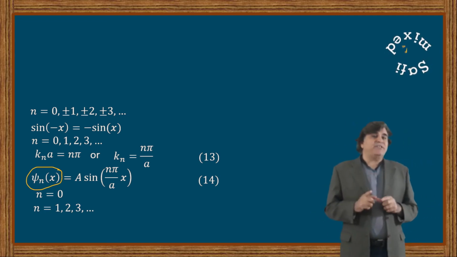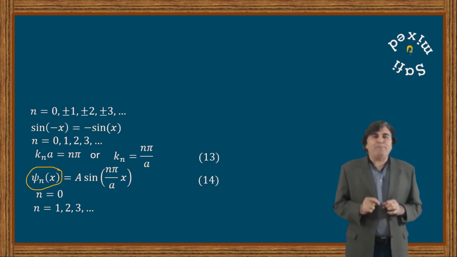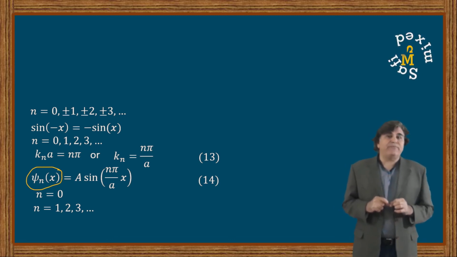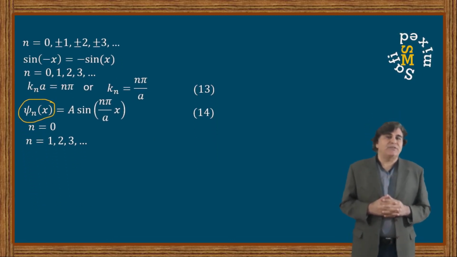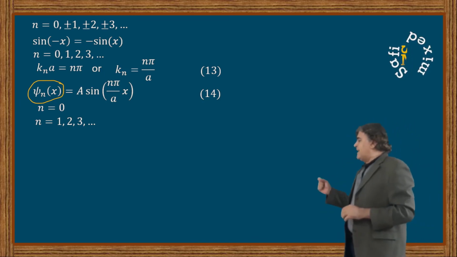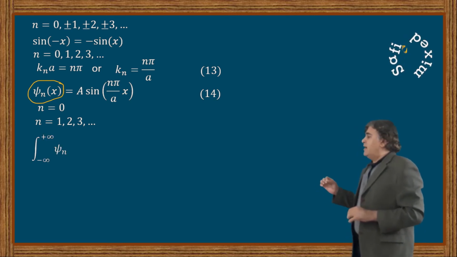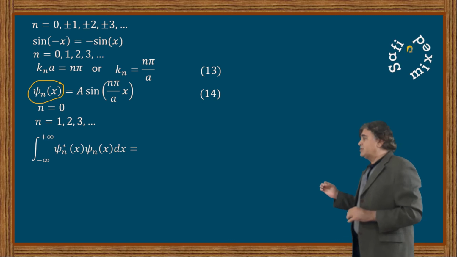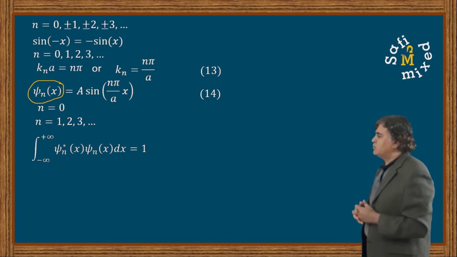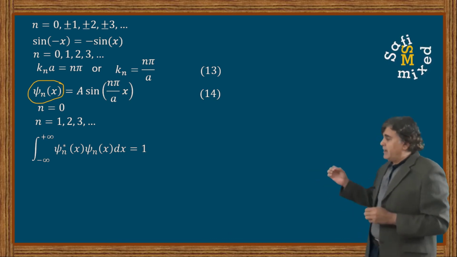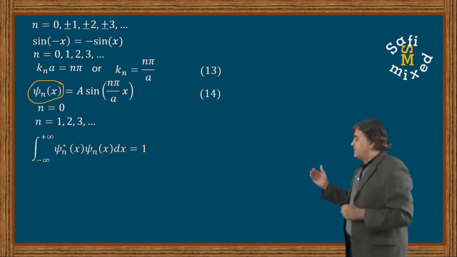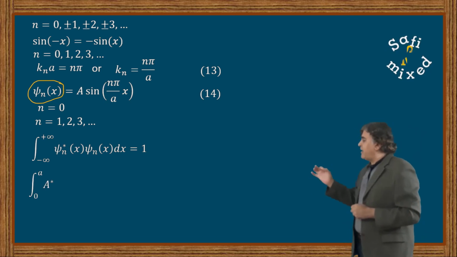Now let us turn our attention towards the unknown constant A appearing in equation 14. We can find its value from the normalization condition on the wave function. According to the normalization condition, the integral from minus infinity to plus infinity of the conjugate of the wave function times the wave function itself integrated over dx should always be equal to 1, which I have written over here. And if I substitute the values, I can write it as integral from 0 to a of A star sine function times A sine function dx equal to 1,